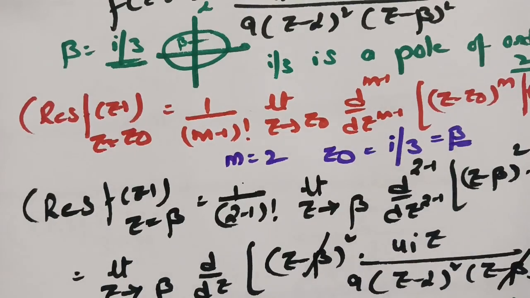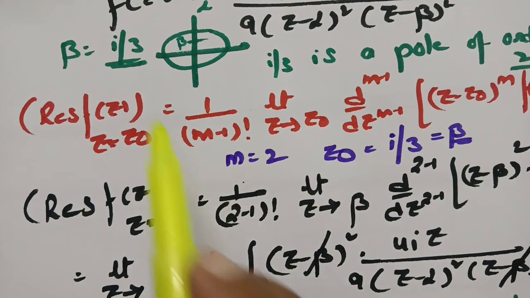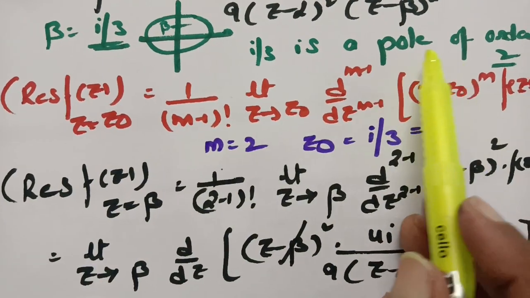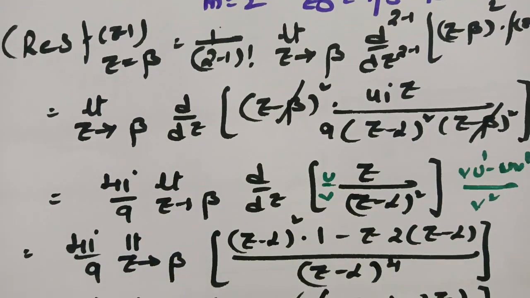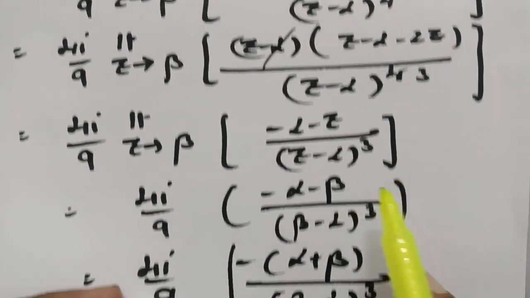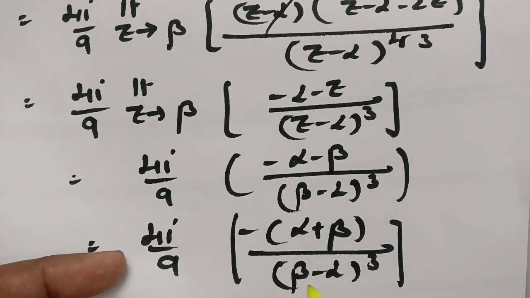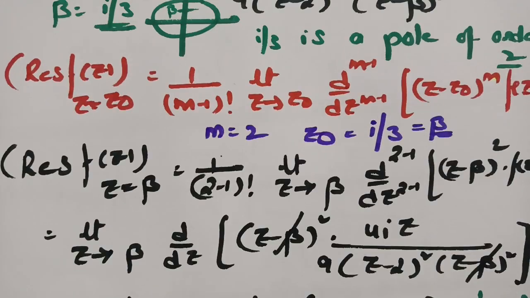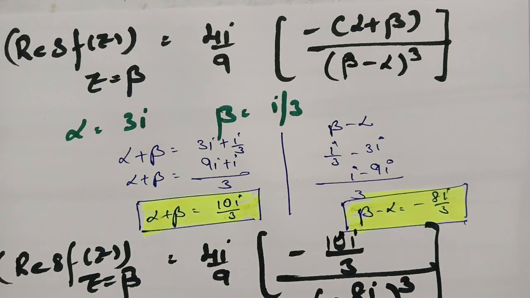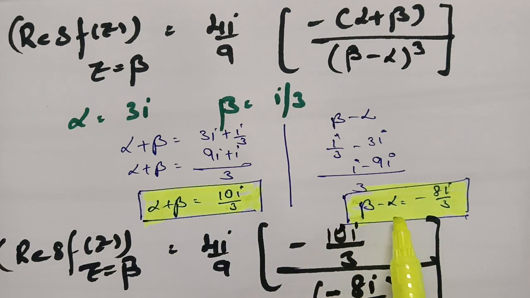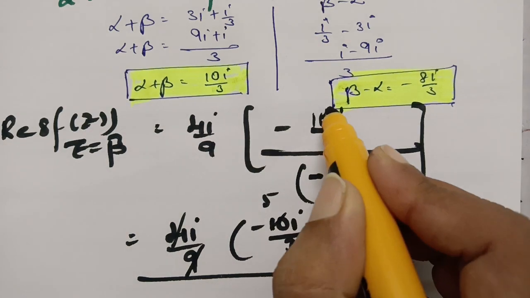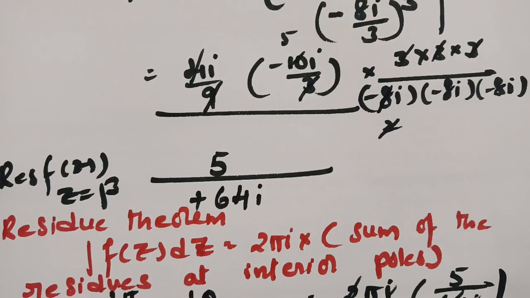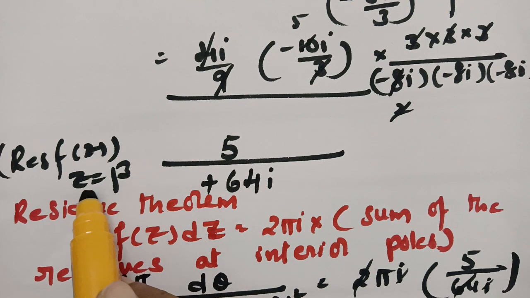So after getting f of z value, I have to calculate the residue value at the interior pole i by 3. So this is the formula. It is a pole of order 2. Therefore m value is equal to 2 and z naught value is equal to beta. After substituting and cancelling, and substituting z value as beta, I got this value, that is (alpha plus beta) by (alpha beta minus alpha) whole cube. So what is alpha plus beta and beta minus alpha? This is alpha plus beta, and this is beta minus alpha. After substituting here and cancelling, I got, see here, this value is 10. Cancelling, I got the residue value at the interior pole z is equal to beta as